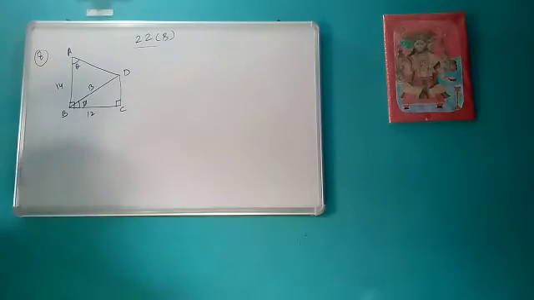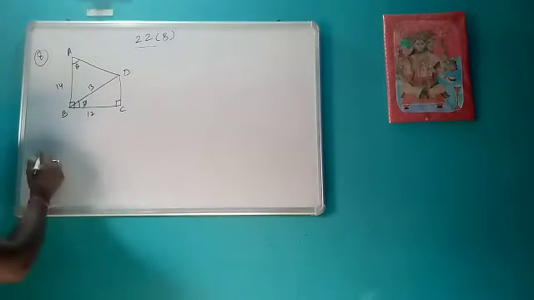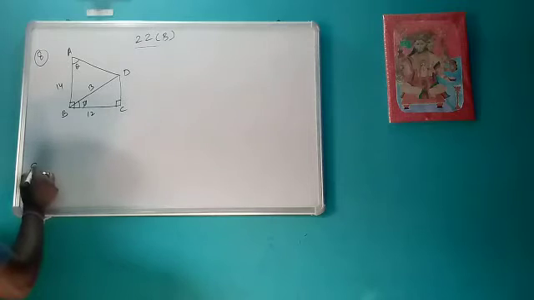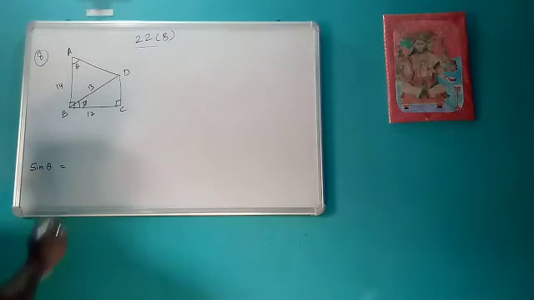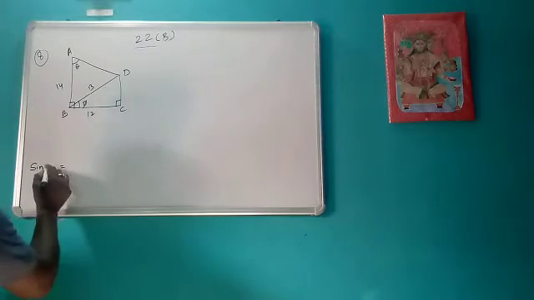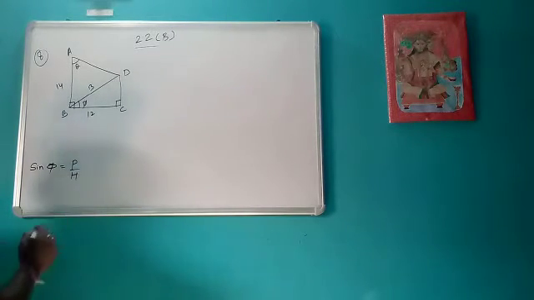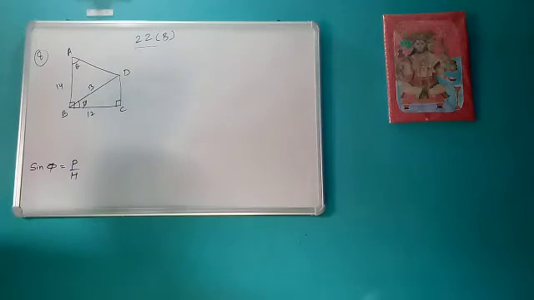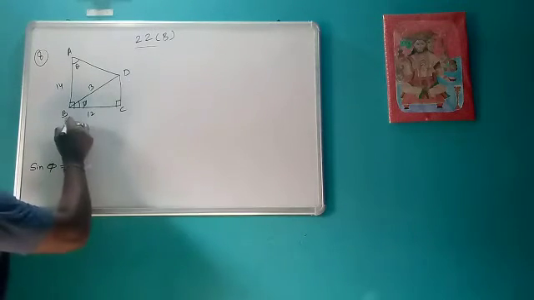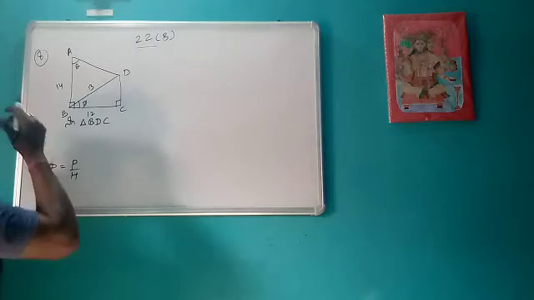Okay, let's discuss one more question. Suppose the figure is given like this. So in this we have to calculate the value of sine theta. Not sine theta, we have to calculate the value of sine phi. So what is sine phi? P upon H. So like we are doing, first we will find the value of the unknown side, that is in triangle BDC. We will again use the Pythagoras theorem.